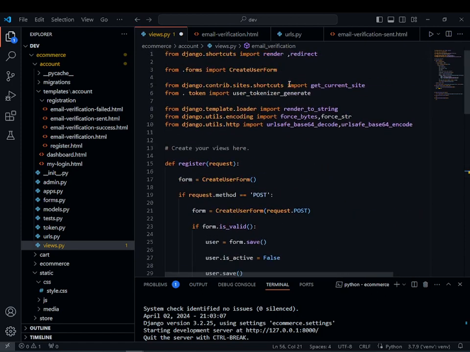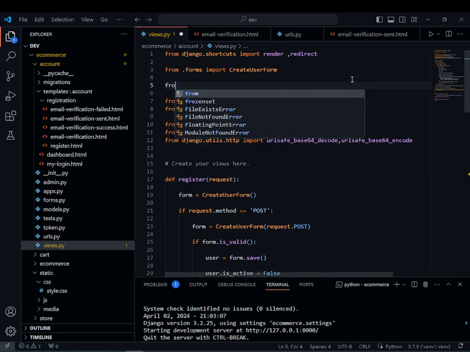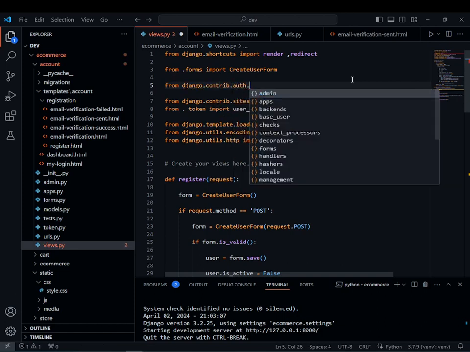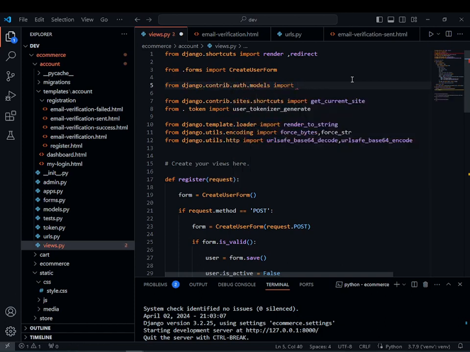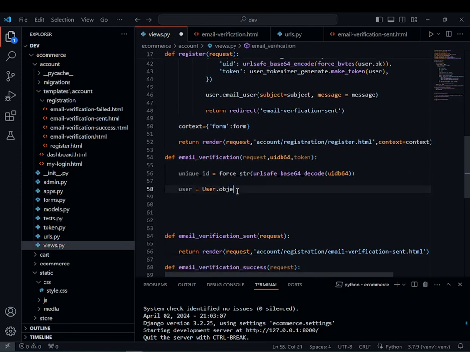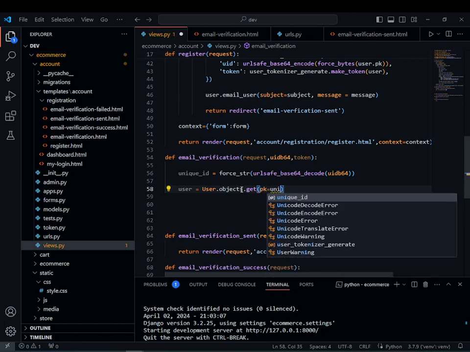So under that, before that current site, just import it from django.contrib.auth.models, import the default user model, and after that we are going to use it. So we are going to get the unique ID of our user. Objects dot get our user unique ID,